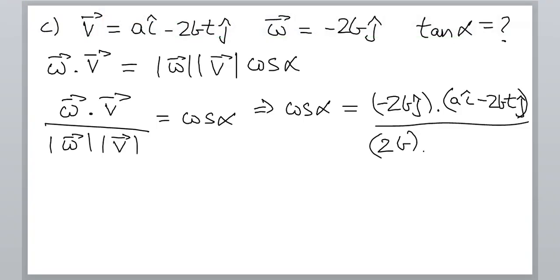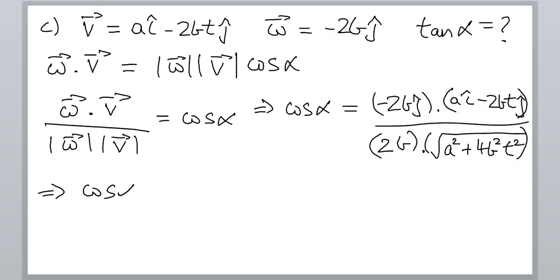This is 2b multiplied by the modulus of v vector, that is equal to the square root of a squared plus 4b squared t squared. Okay, this is the value of the modulus of v vector. Now see, this will imply that cos alpha will be equal to